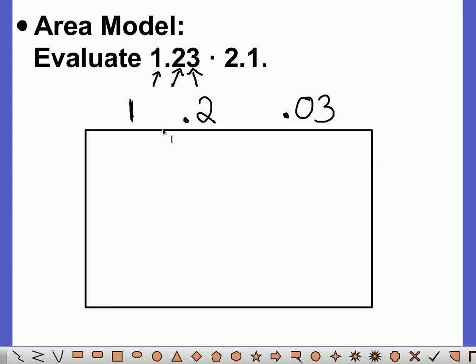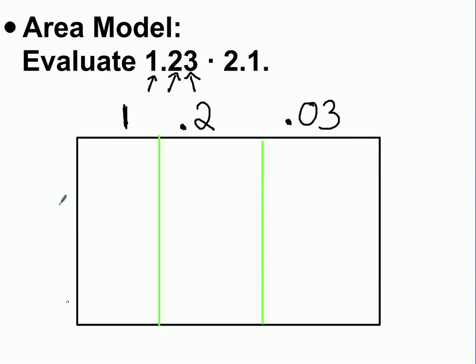So here I have one whole. So I'm looking at one whole. I see 2/10, and I see 3/100. And then here, so again, I'm looking at this piece by piece. I have one whole, I have 2/10, I have 3/100. Okay. And I'm a big fan of just drawing your lines right away. Now we can write some numbers here. We are multiplying 1 whole and 23 hundredths by